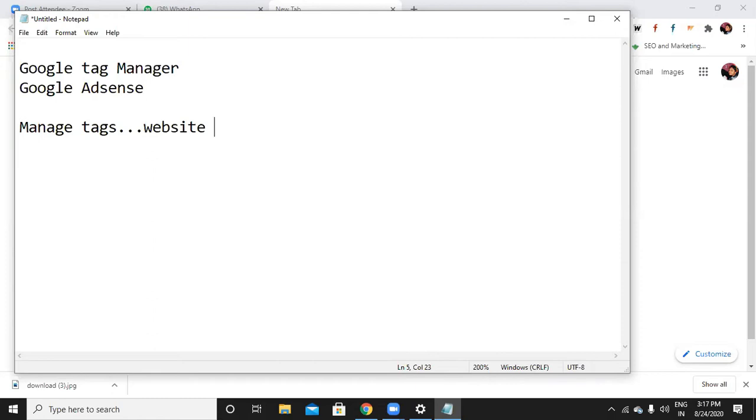If we have an alternative way to paste the tags on a website, the advantage of this Tag Manager is that the loading speed of your website will be fast. Why? Because if I paste the tags in my website, I'll be having a lot of tags, right? Including a Facebook pixel, LinkedIn pixel, Pinterest tag. So I have a lot of tags, and everything I have to paste into the website section only. If I have multiple tags in my website, that makes my loading speed very slow.